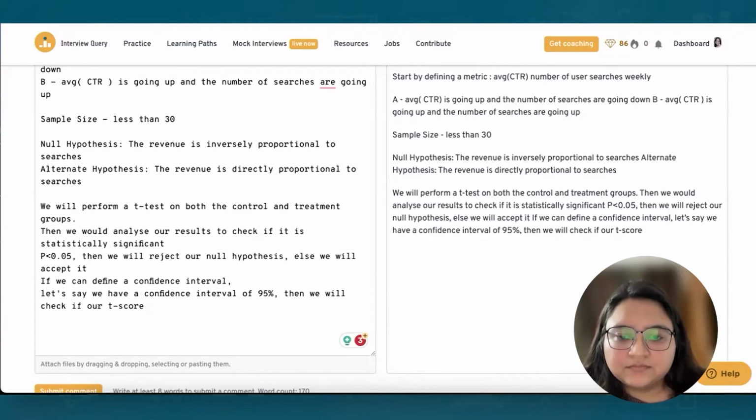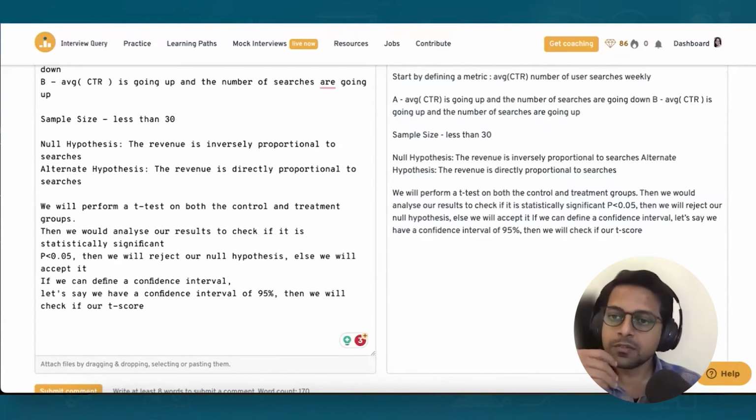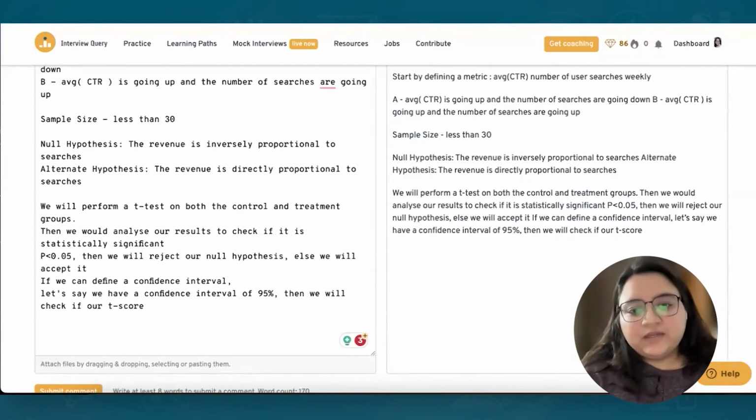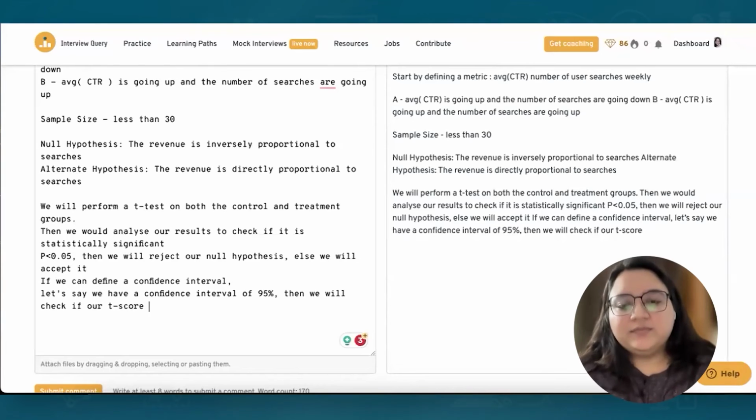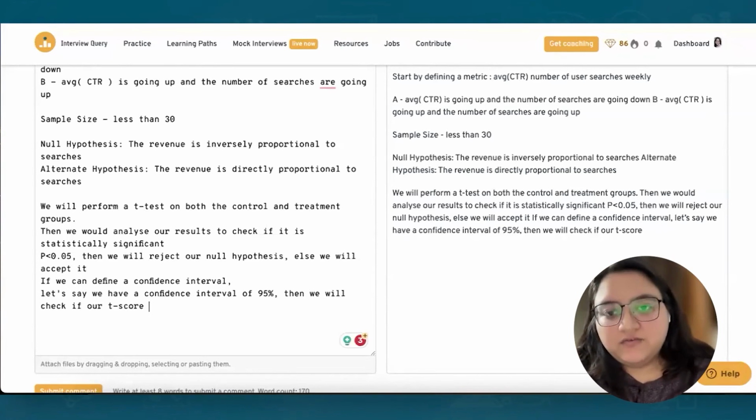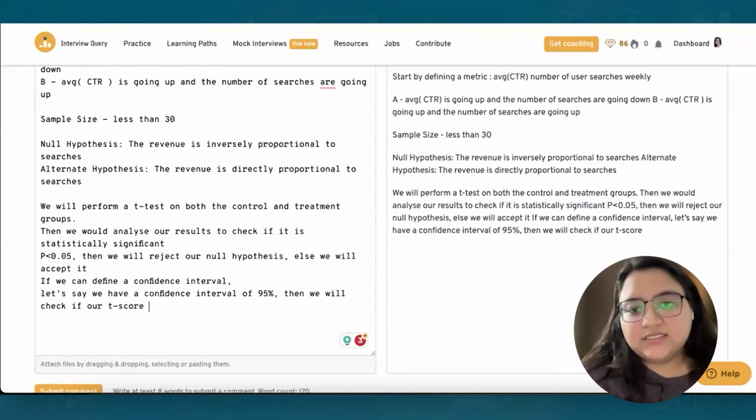Any other final comments, Shruti, on the problem and your solution? I believe revenue cannot be just analyzed by user searches. I think we could have multiple different variables for that as well. For instance,